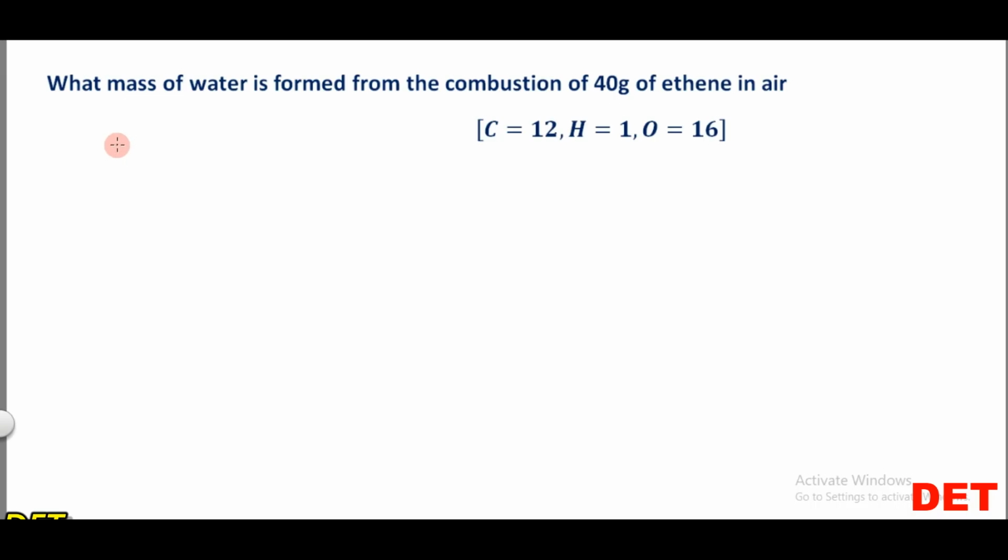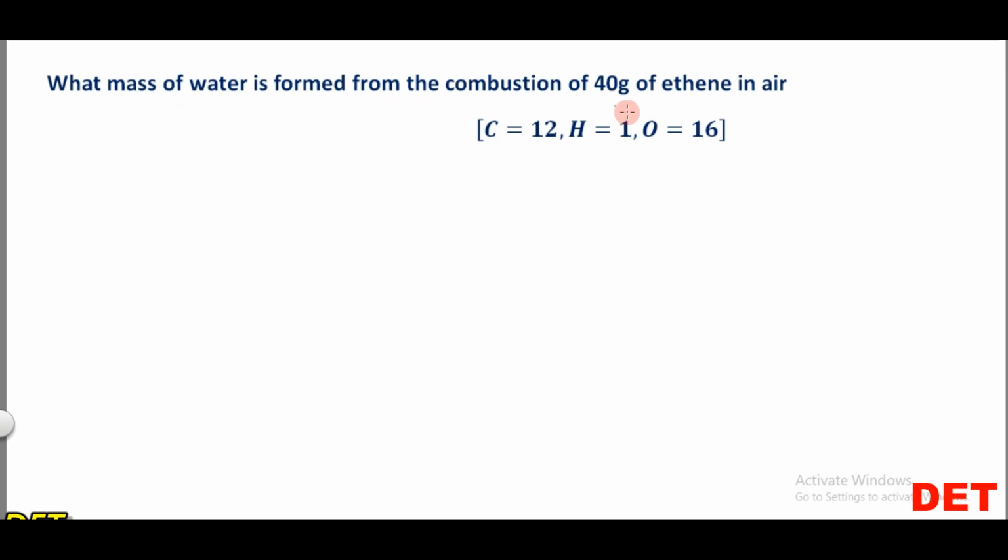Alright, so here we're going to look at this question: what mass of water is formed from the combustion of 40 grams of ethene in air? Given that the relative atomic mass of carbon is 12, the relative atomic mass of hydrogen is 1, and that of oxygen is 16. So the first thing that you would want to do here is to write an equation,